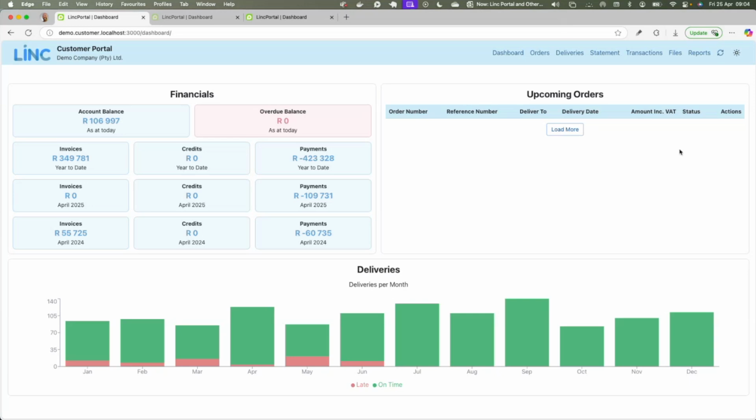Okay, so we're going to start off first by talking about the Link portal app. That's what you're seeing on the screen now. Before I go into the details, let me just give a little bit of background. A couple of years ago, we started the development of a portal app, and it's been running with a few customers now for over a year, quite successfully. Some challenges and ironing out of some issues from time to time, but recently we made a decision to launch a new version of the portal app.